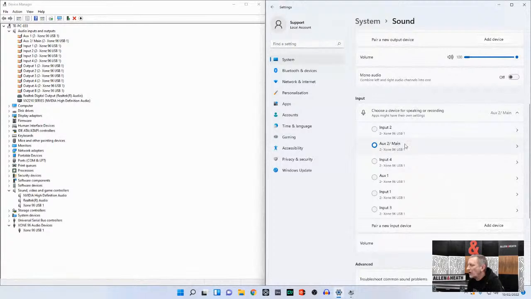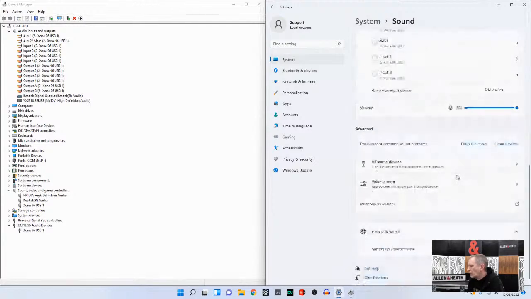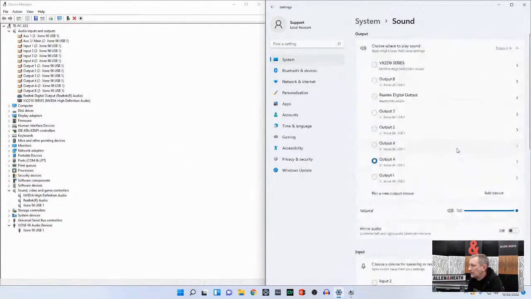So at the moment you can see I've got as a default the aux2 main, which would give me my left-right mix from the 96 into an application or wherever I want to route it on the PC side of stuff. And you can see down there I've got the mix output running some audio on the mixer at the moment just for checking levels, and you can see that's coming there as an input to the mixer. So I'm reasonably confident now. Everything is connected, plugged up, it's all working,